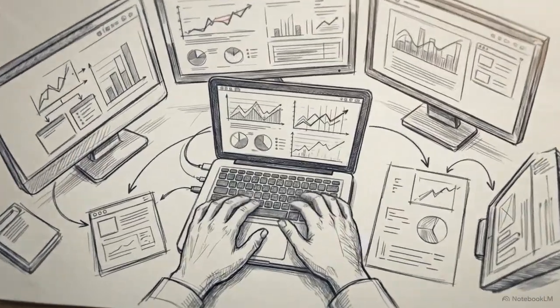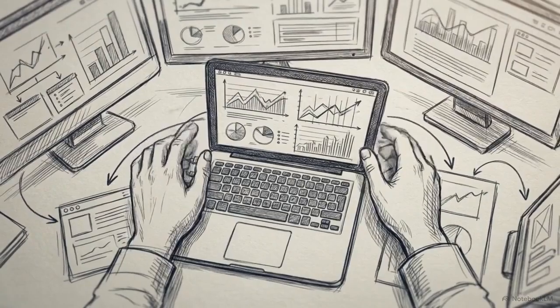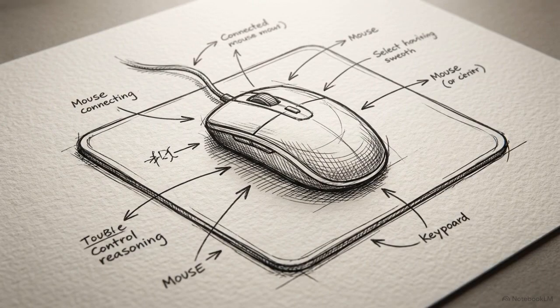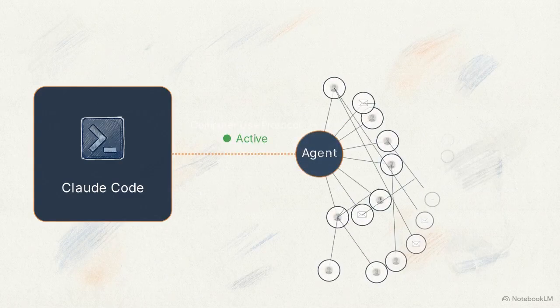Imagine watching your computer mouse click, type, and navigate across your screen, completely on its own. We are now at a point where AI can physically operate your machine to execute your digital tasks. Today, we are going to configure Claude Code's new computer use protocol and turn it into an autonomous lead generation